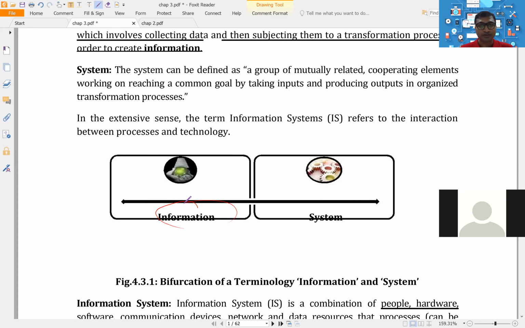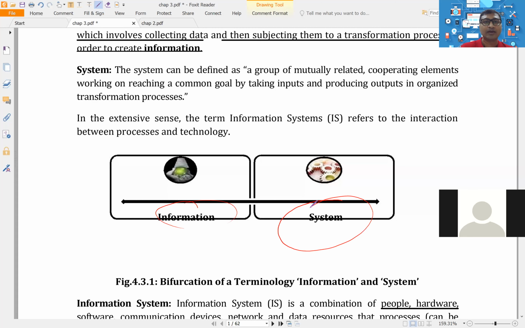A system is a set of components which are working together, correct? They receive the input, then they process the data, and then they give us output. In today's world, it is practically impossible for any company to do entries manually because they have thousands of transactions. So for processing those thousands of transactions, they use a system like this.